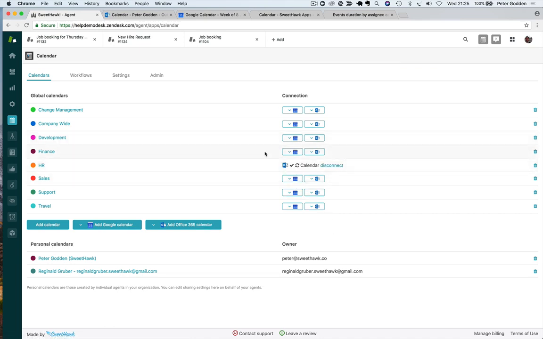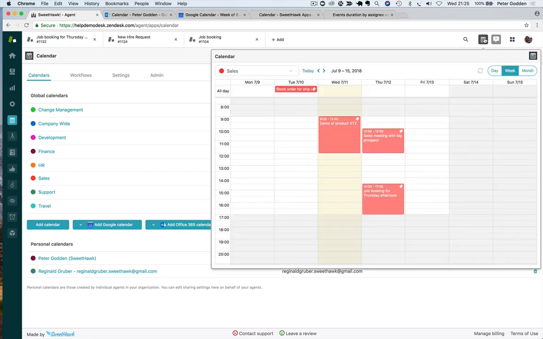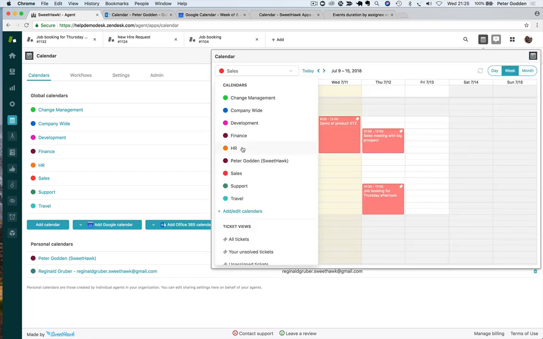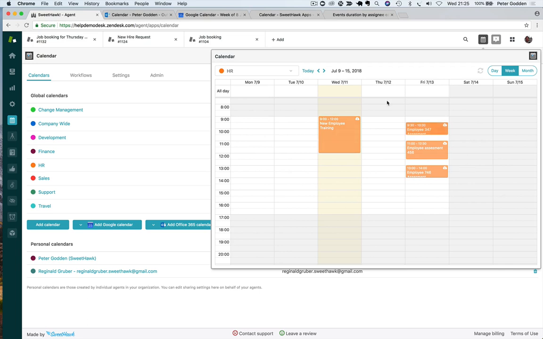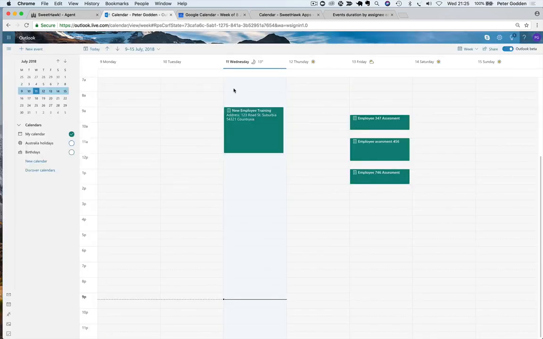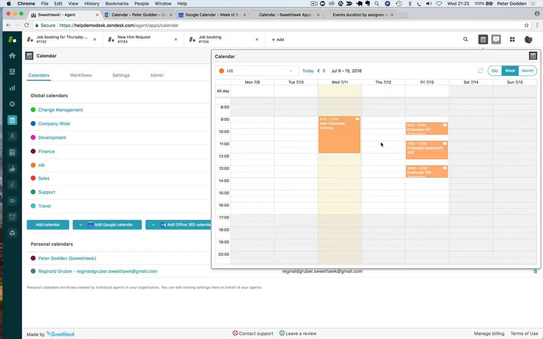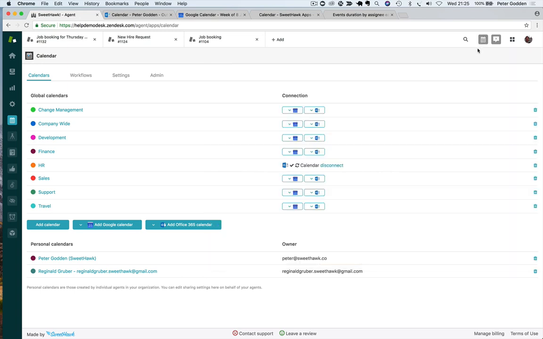And you can see it's now connected. And if I click on the calendar icon at the top here, I'll be able to go to my HR. And now that I've connected it up, you can see that it's pulled in these events here from the Office 365 calendar. So we can do that as well with the Google one, but rather than connecting up an